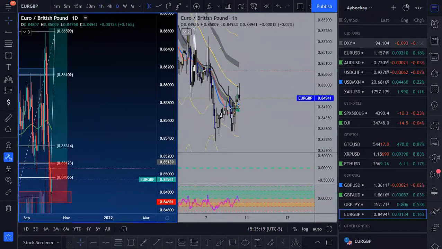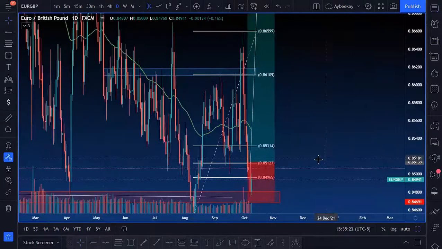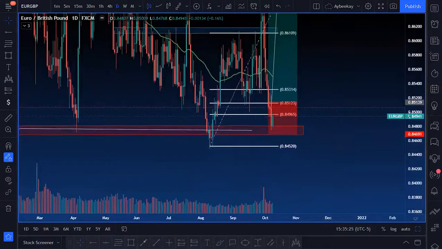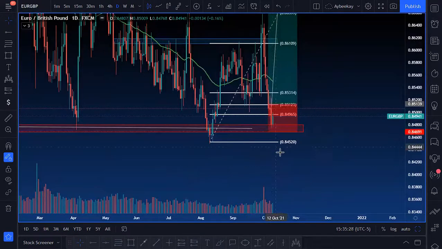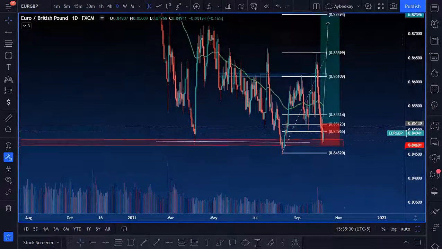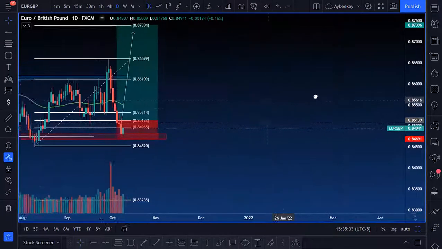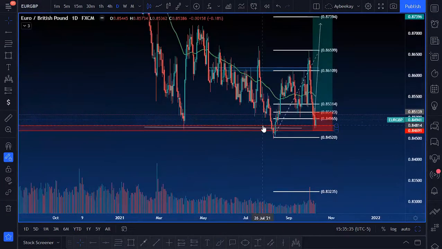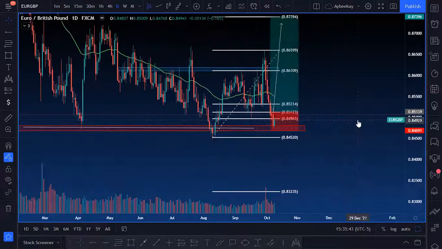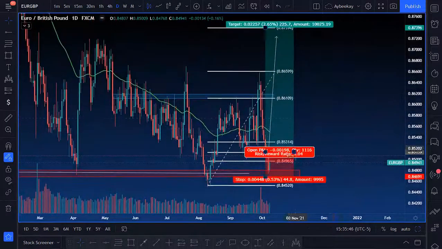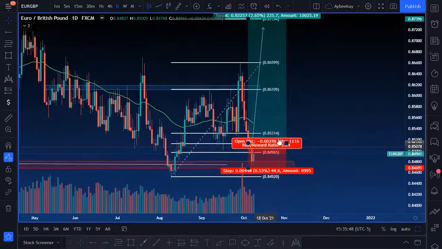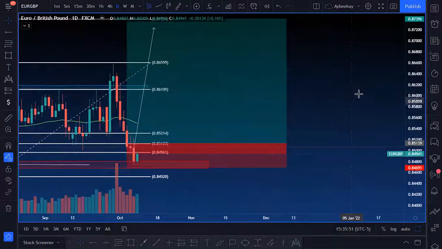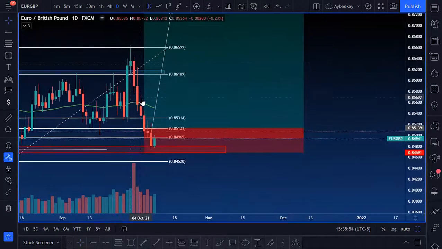Last but not least, Euro GBP, man. Euro GBP gave me some scares last week because I had my stop loss right here at 0.84691. Price almost hit that, and I'm like, man, whatever. It is what it is. I still want to see EG go bullish. Until the lows of 0.84500 get broken, I want to still see Euro GBP go bullish. So I'm staying in this trade, even though I see a whole bunch of red candles right here just drop. Oh, one bullish candle, very small.